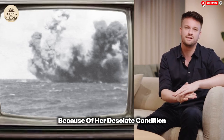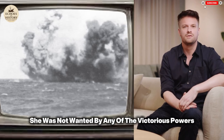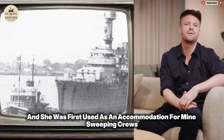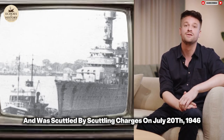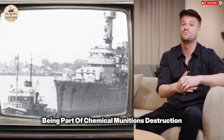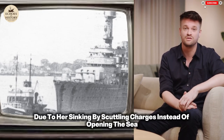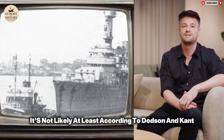Because of her desolate condition, she was not wanted by any of the victorious powers, and she was first used as an accommodation for minesweeping crews, and was scuttled by scuttling charges on July 20th, 1946, in the Skagerrak. Some sources discuss her sinking being part of chemical munitions destruction. Still, due to her sinking by scuttling charges instead of opening the seacocks, it's not likely, at least according to